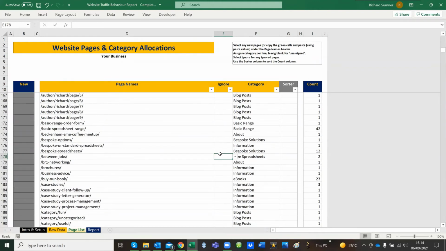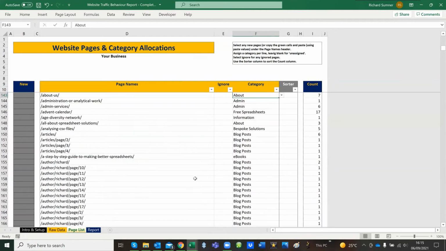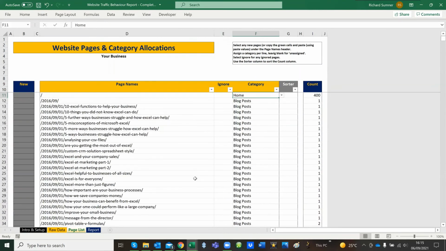Let's see if I can find one of the ones that was ignored. Here we go. This thing it was like, well, that's not really a page. That's something funny going on there. So I've selected ignore, and I've ignored that. And I've gone through and I've done that. And yes, that is a bit of a painstaking task. Yes, it does take a while, but this is why I've remade the spreadsheet, because now once you've done it,